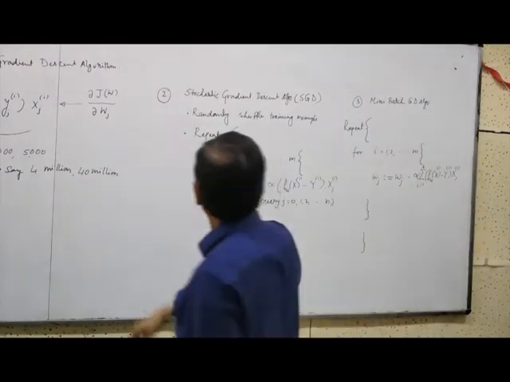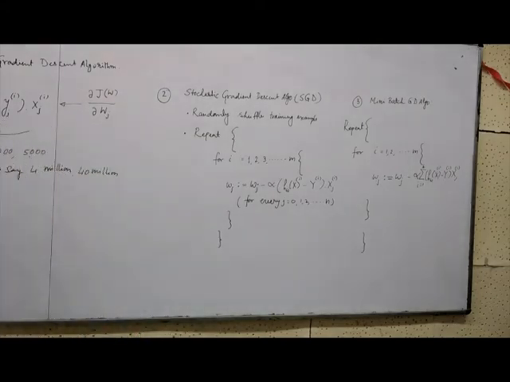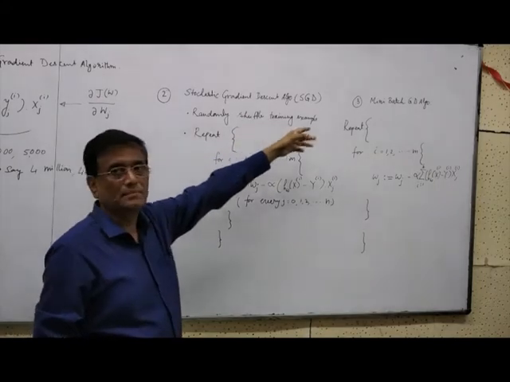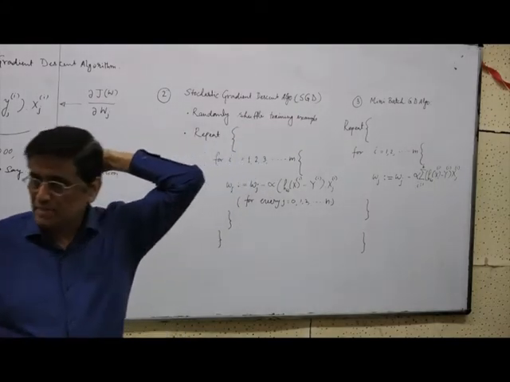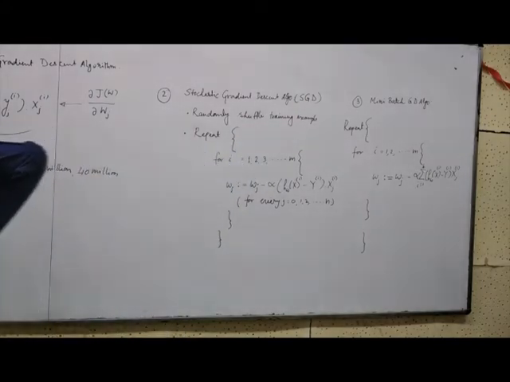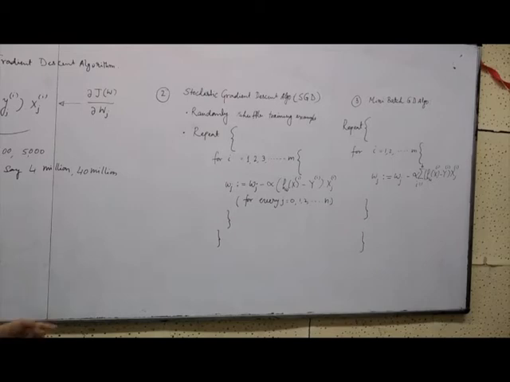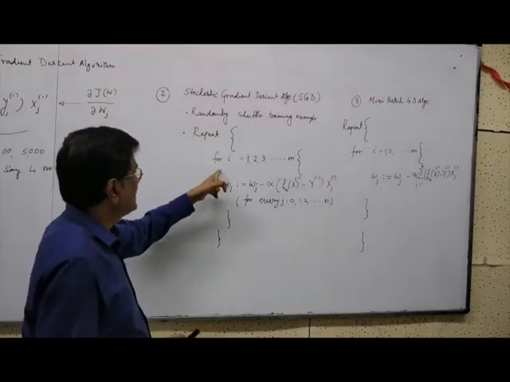What do we do differently here? We randomly sample the training samples. Same number of training samples you have, 250 odd samples. You shuffle them randomly and then run this loop